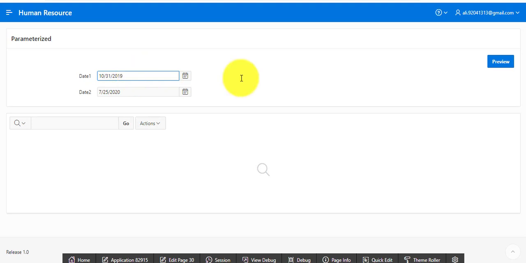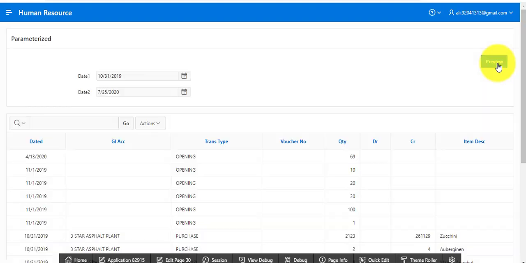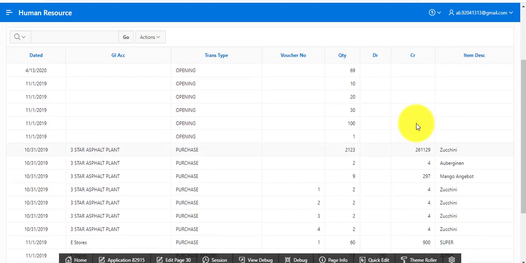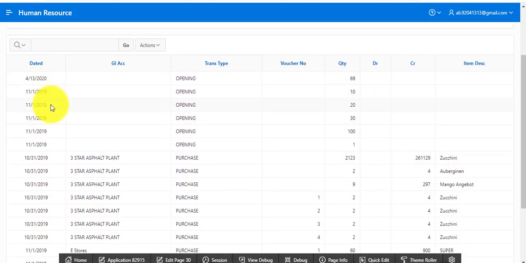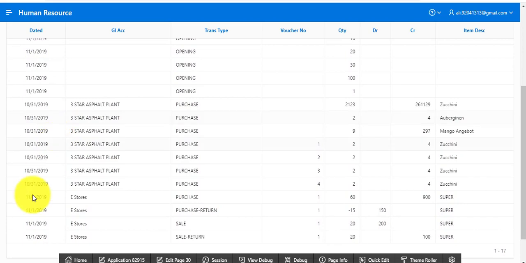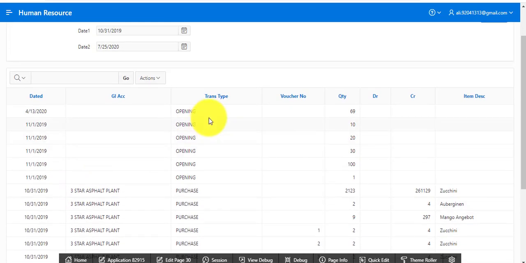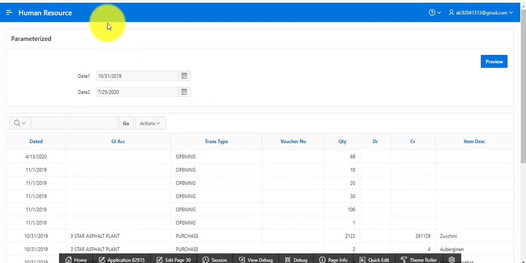Between this range, I just press preview. You can see the parameterized report shows data for the dates we provided. You can see this is a parameterized report.